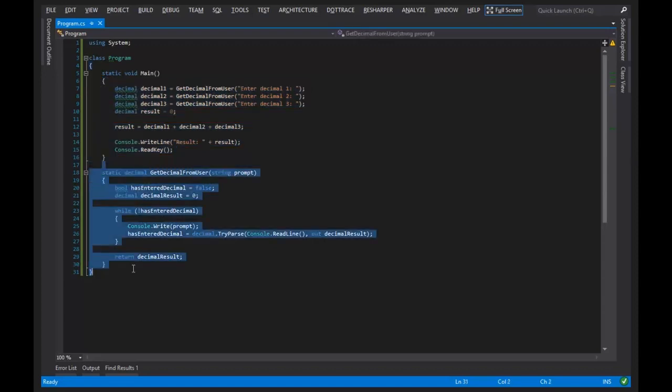Methods that are not main will not be invoked automatically. They won't be invoked automatically by the computer at all. But the general principle of this method containing multiple lines of executable code is the exact same. And again, we can use the same stuff that we've been learning about with main for creating lists or looping over arrays and all that fun stuff. And we can do that within this